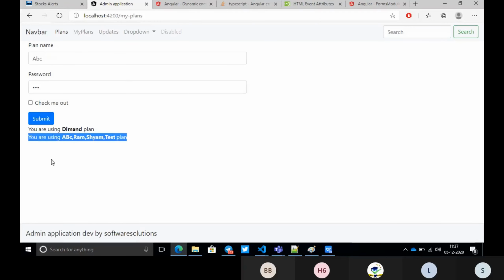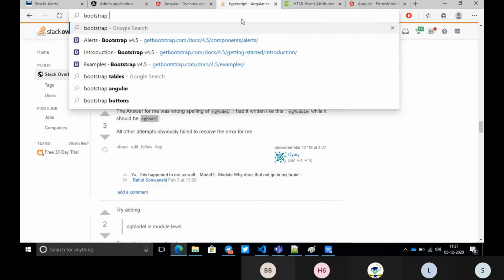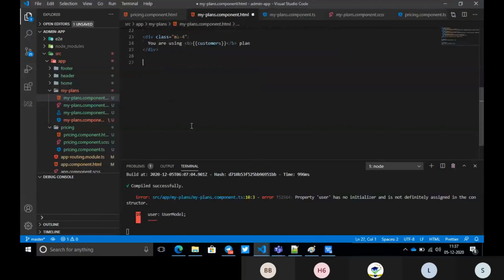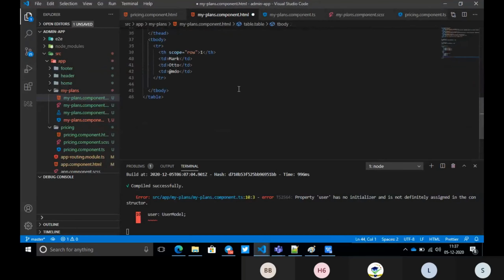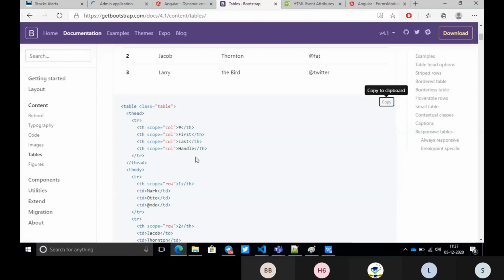We want a table, with the name and the value, something like that. So how will you do that? For the table, I'm just taking a Bootstrap table as an example. I could write it myself, but I'm just copying it here for time purposes. We'll change the content, but I'm going to use only the table name alone. Let me save it and show you how it looks.